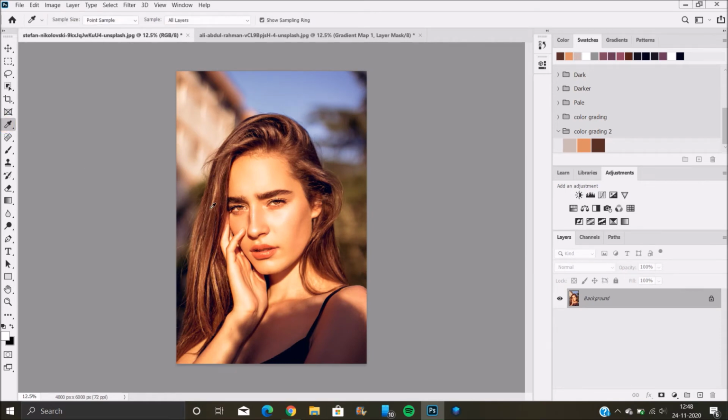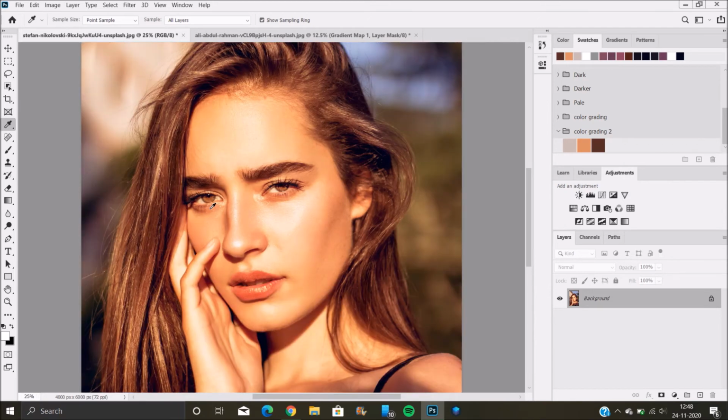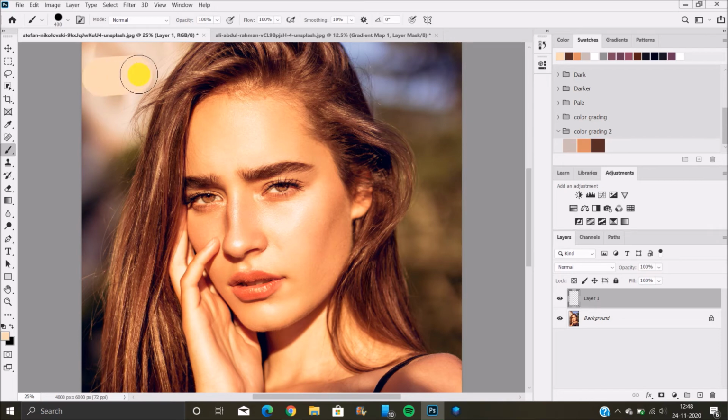Now the next step is we will select the brightest, medium and the darkest shade color of this image. All you have to do is create a new layer, select the eyedropper tool, pick the brightest color and just paint it on the blank layer. Do it for all the three colors.